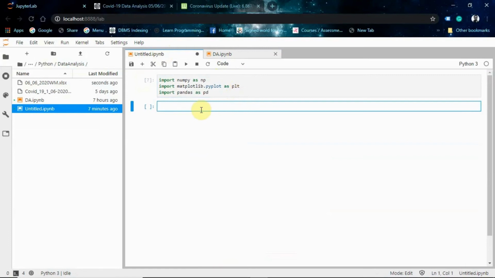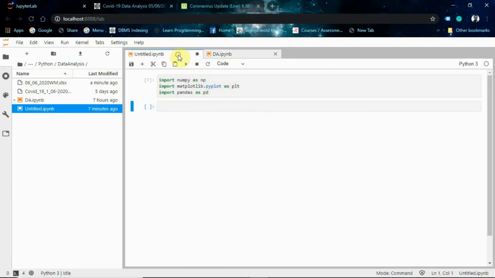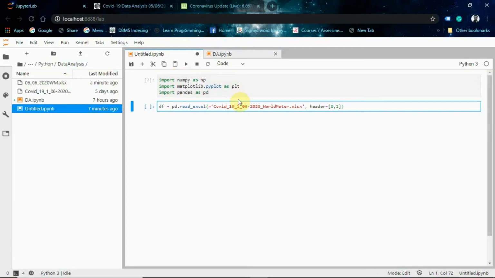Next thing is creating the data frame. See, the data is reflected here, and we will use the read_excel function of Python to read the data. This is my previous data, right? I published some data on 1st of June, so I named it 01_06_2020.